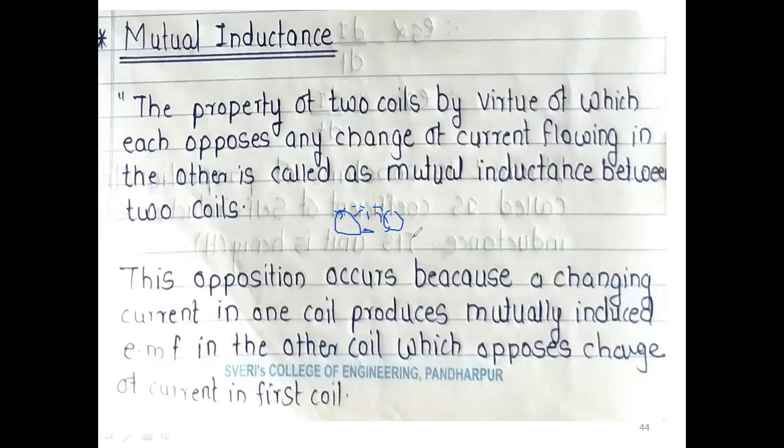This is linked with the second coil, so self-induced EMF is produced. Suppose I change this current, first it was 5 amperes, later it became 10 amperes. Then the current change means the flux linkage will also change, and it is also linked with the conductor of the second coil, so that flux linkage changes. After the change, EMF will be induced here. So this induced EMF opposes the change of current in the other coil. That is the definition of mutual inductance. Clear?